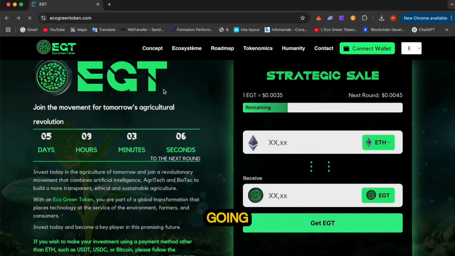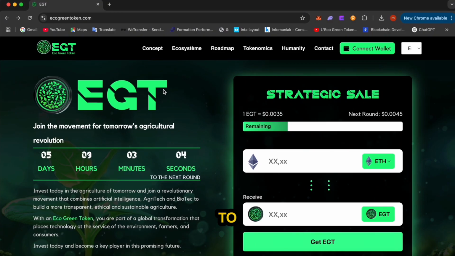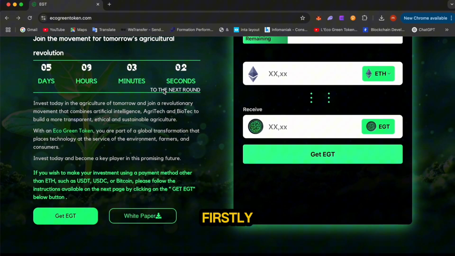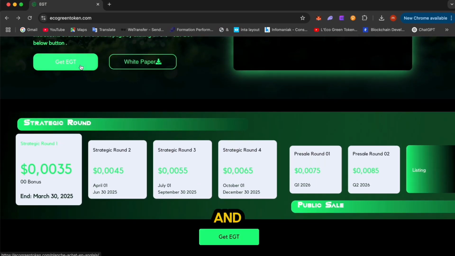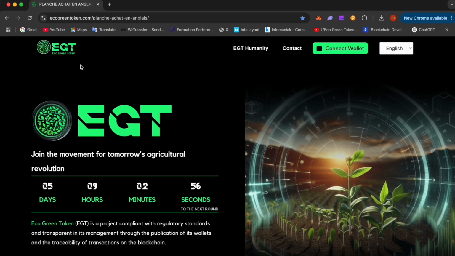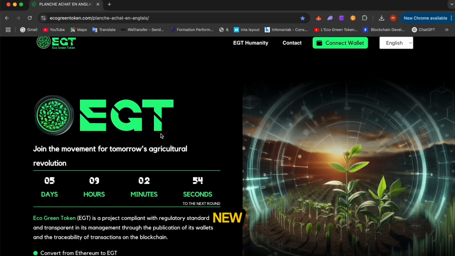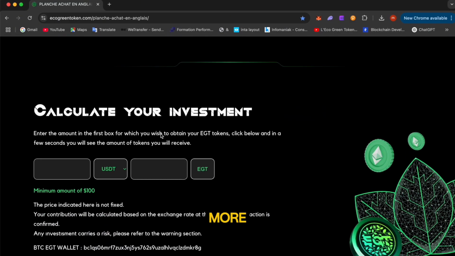So in this video, we're going to show you how to add EGT to your MetaMask wallet. So firstly, you will need to go on our website and you will have to scroll down and click on Get EGT. Once you've clicked on this, you'll arrive to a new page where you'll scroll down once more and